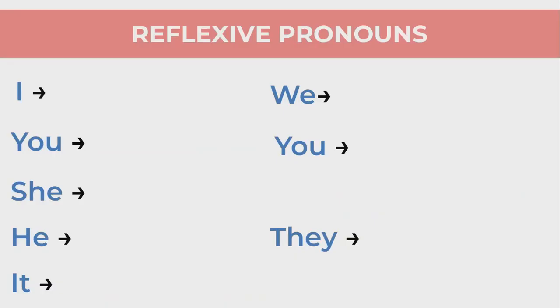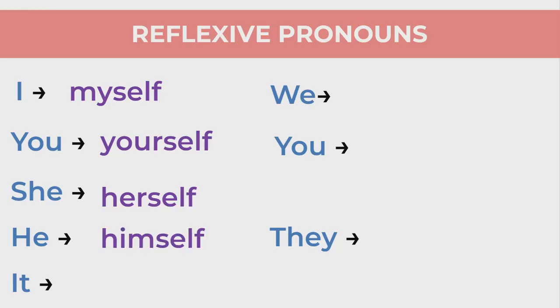Now let's take a look. What are the respective reflexive pronouns for our different subjects? For I, we're going to use myself. For you, it's yourself. For he, she, and it, it's going to be she, herself; he, himself; it, itself. Take a look here. We have self, and of course, self is singular, which makes sense because I, you, she, he, it are all singular